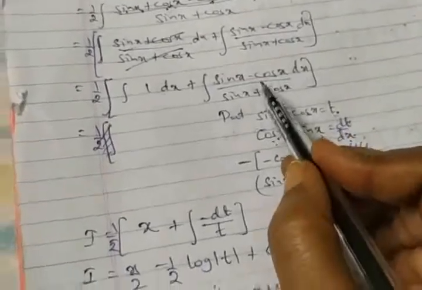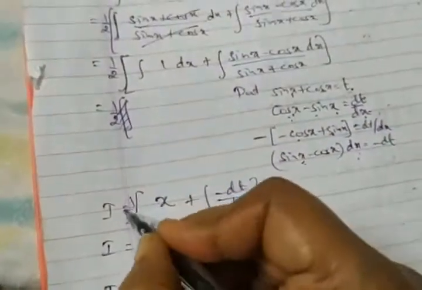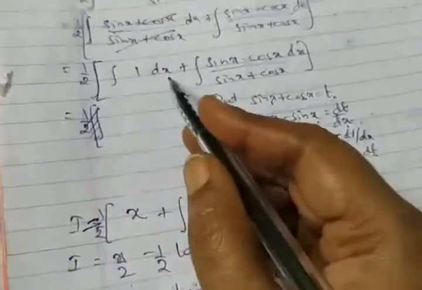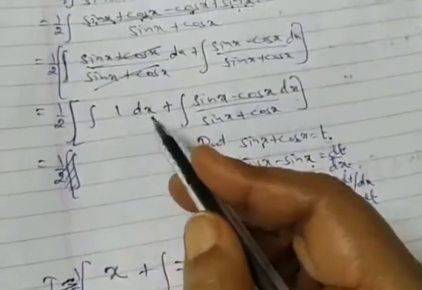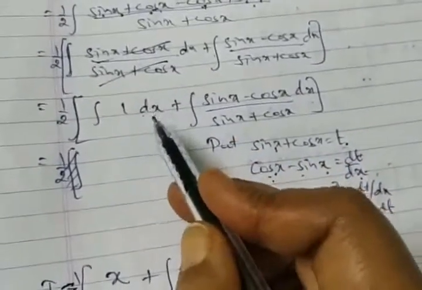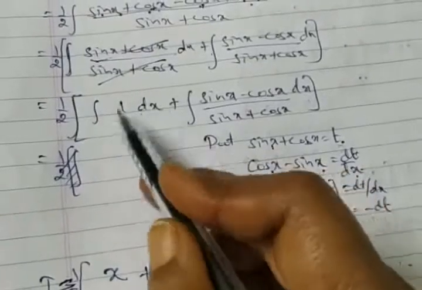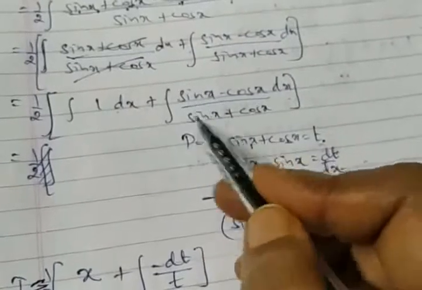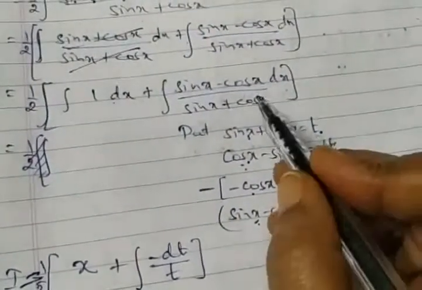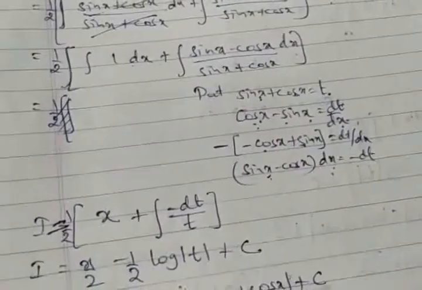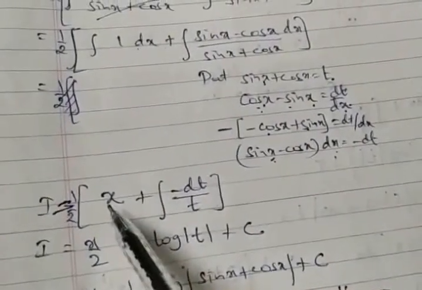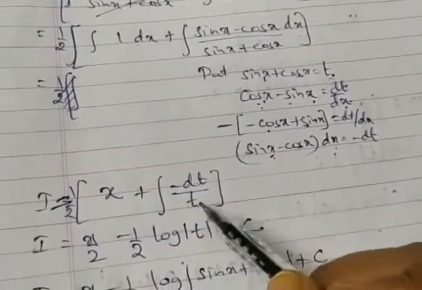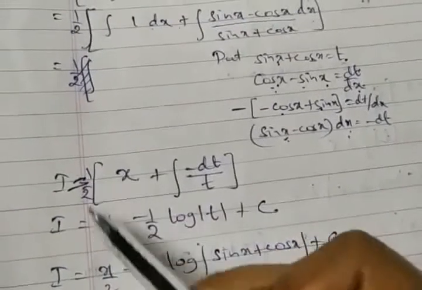I am putting all this here. I is equal to, we have 1 by 2. This is integration done. Integration of 1 with respect to x gives x. So one more thing you need to remember. First half part of the integral is done with respect to x. Second half part integration is done with a new variable t, because we are claiming substitution only for the second half part. So the first part with respect to x, therefore it is x, plus its integration of this term, minus dt, denominator t. So we have x by 2.